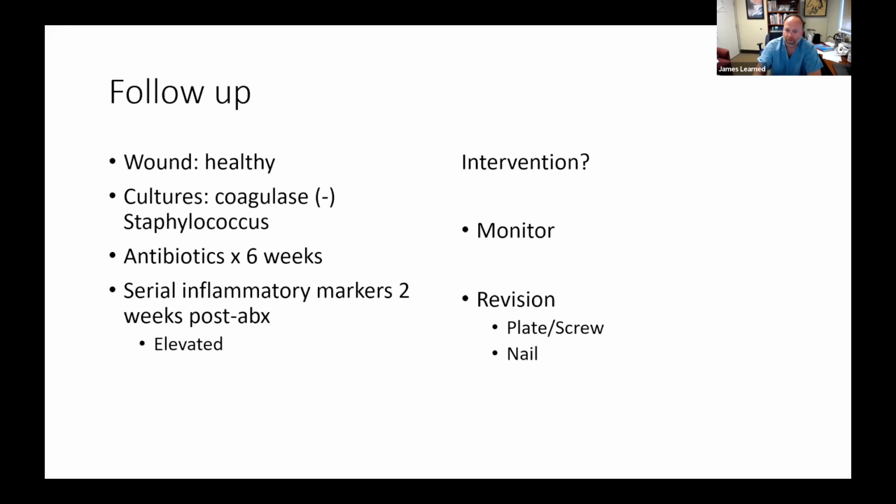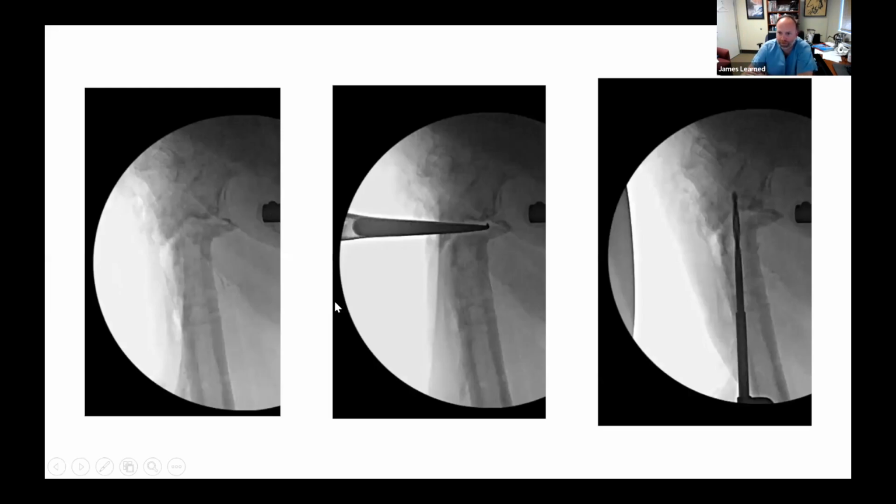And then if we think that this is sterile and we're going to proceed, what sort of revision implant would you use for a definitive implant? If you think you're going to revise it for another round of debridement, what implant would you use? And I sort of fell into the same, I don't want to say trap, but the same mindset as before, that this kind of worked well for me. So I took out her implants, cultured the implants, cultured the blade tract, cultured the wound,